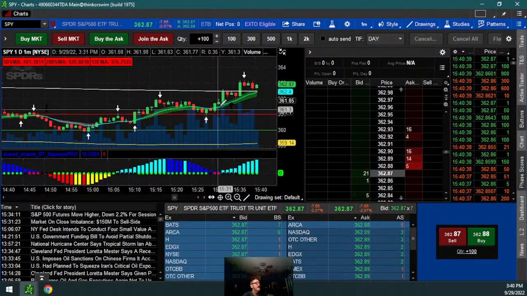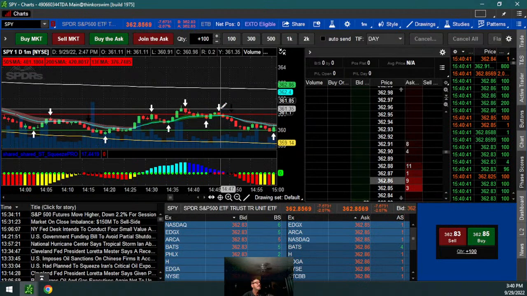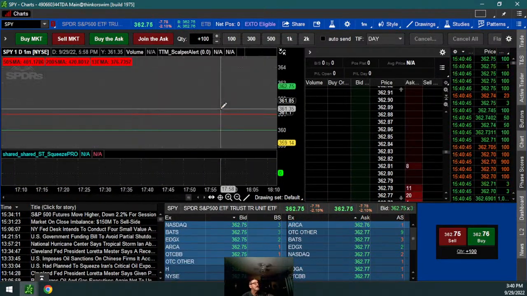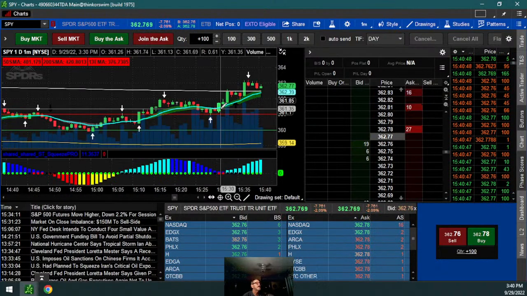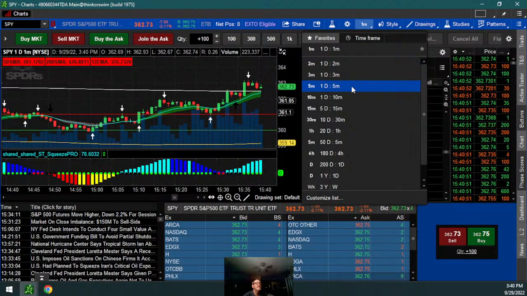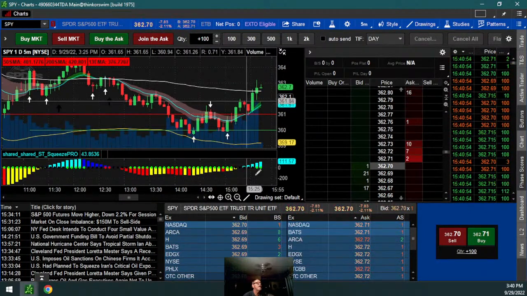Okay, we're watching. Now that's building higher lows, and I think that might even give us a high for the day, or not. No, that's wrong because we were at 367. Okay, so right there. So if we go back to our 5 minute, I hate 5 minutes at the end of the day because it goes by so fast.